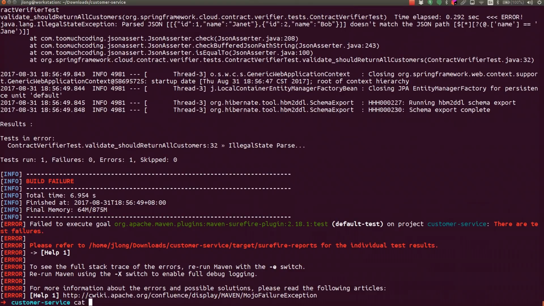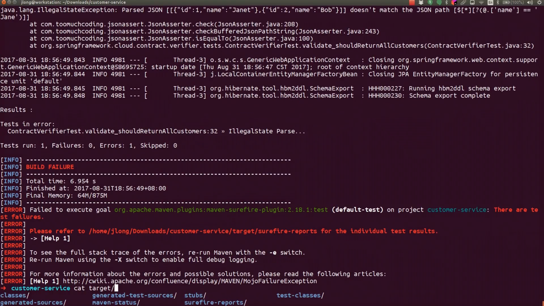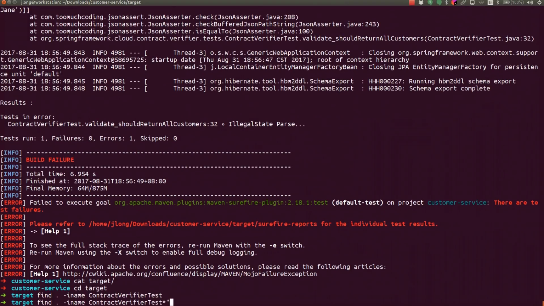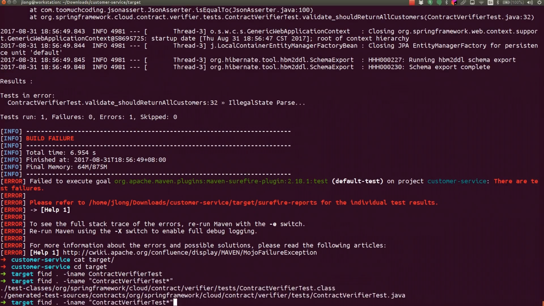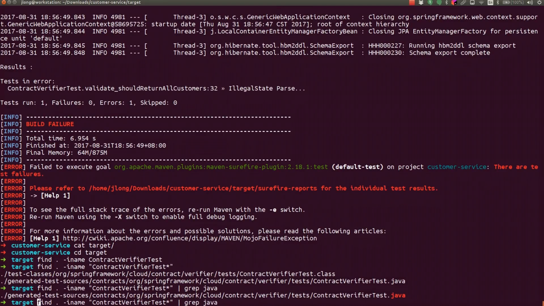So if you go to that, cd target, find -iname ContractVerifierTest, right? And we look at the last one, grep java, cat, okay, so cat this one,